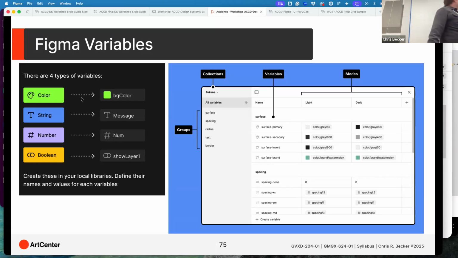Now, these things all have different labeling processes, but fundamentally, you can even see here, I have a surface primary, it has a color that creates 50, so this is pulling a variable into the surface primary color. Does that make sense? So we'll show you how the baseline of colors, use one of those as another variable that then